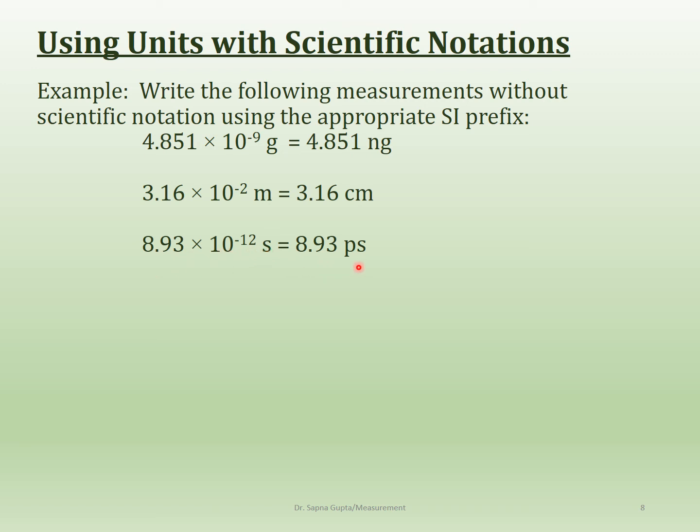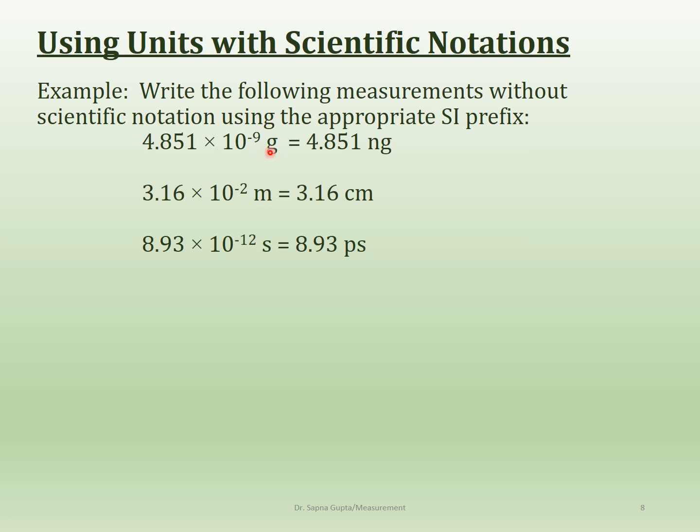What does this really mean for us? Okay, what does this mean? You can look at it in a reverse manner also. Okay, what this means is that if you have 4.81 nanograms, that is actually equal to 4.81 times 10 to the negative 9 grams. So if you had to go from nanograms to grams, it would be times 10 to the negative 9, okay,